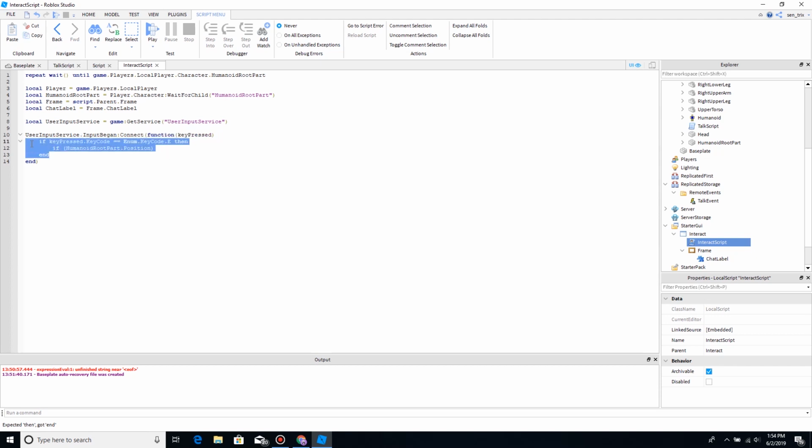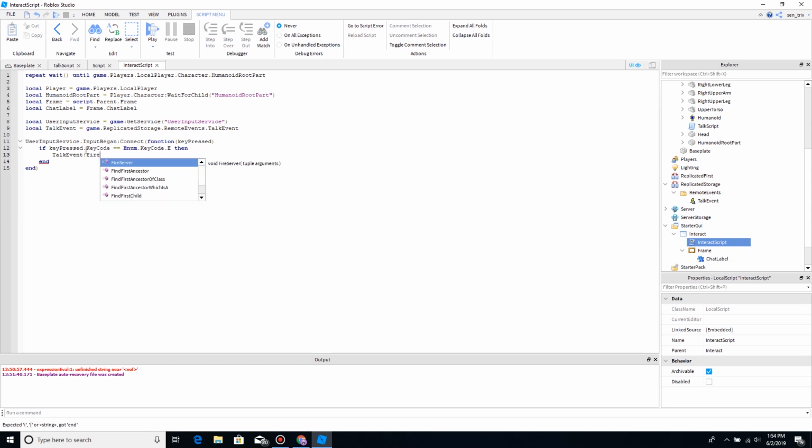Minus, here we can actually do this on the server side for everything. So let's go ahead and create a new variable after the user input service, local talk event equals game.ReplicatedStorage.RemoteEvents.TalkEvent, and then we can do talkEvent:FireServer, and it can just say 1